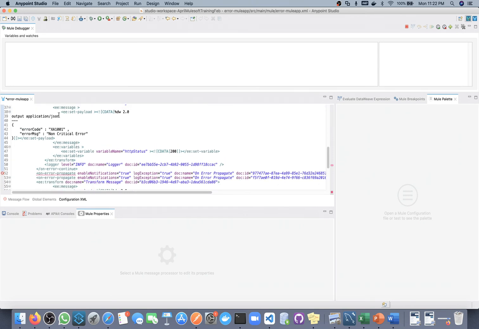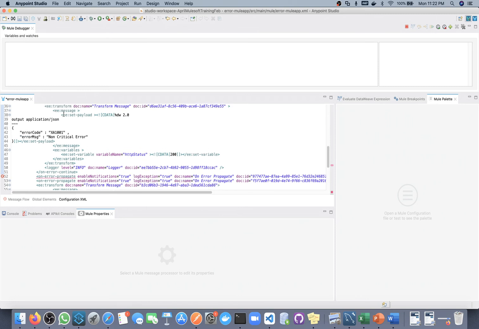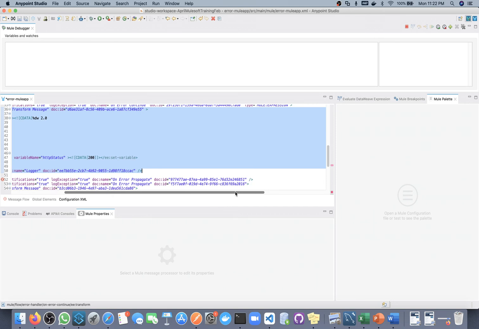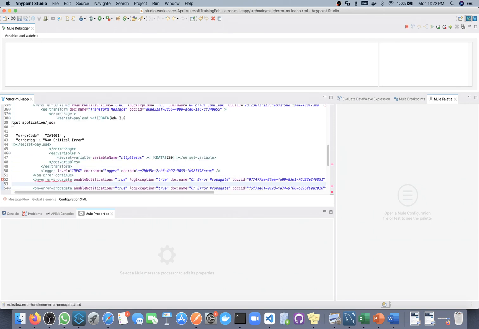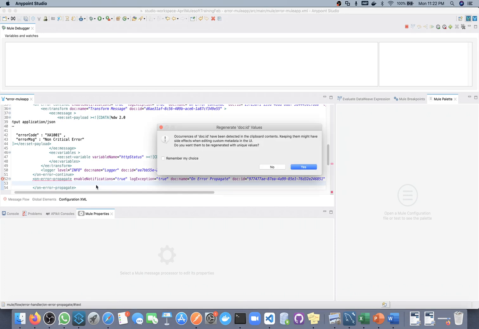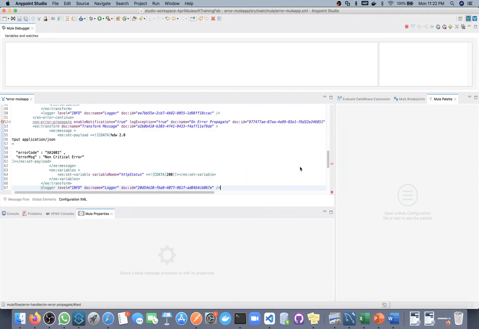I will take this transform message and this logger, and put everything here.